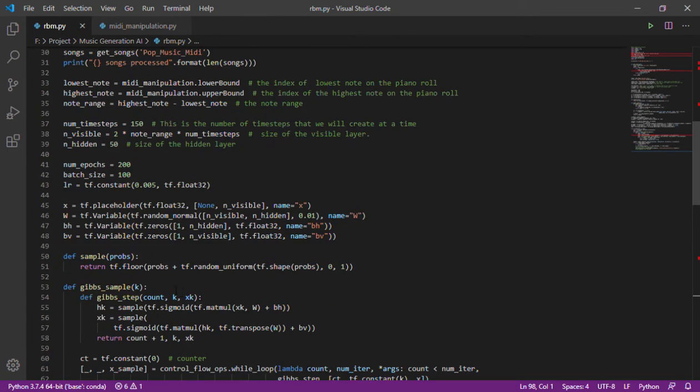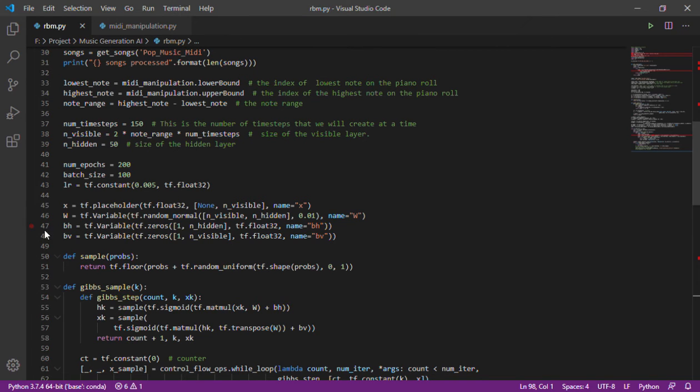Now these are the variables that I have defined. This X variable is a placeholder variable which holds our data.